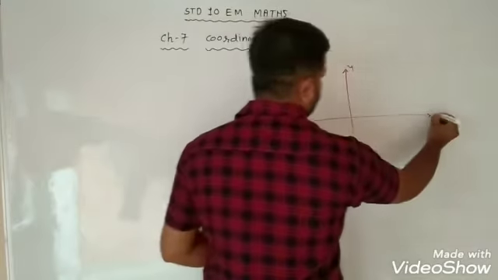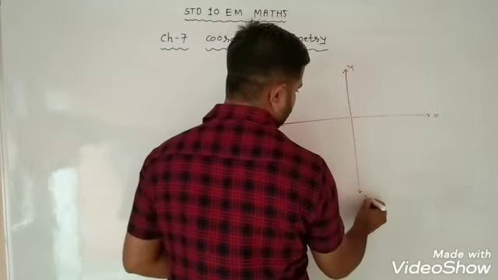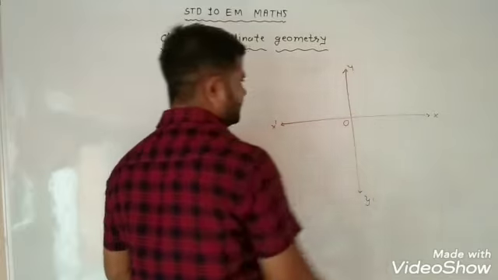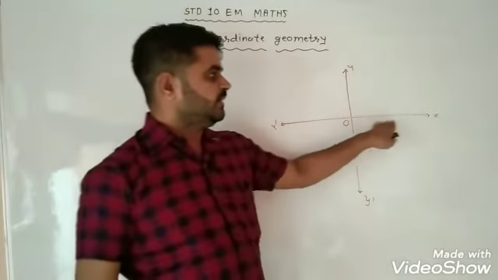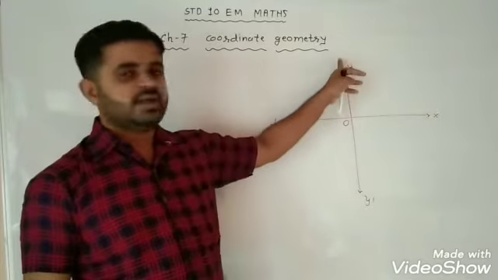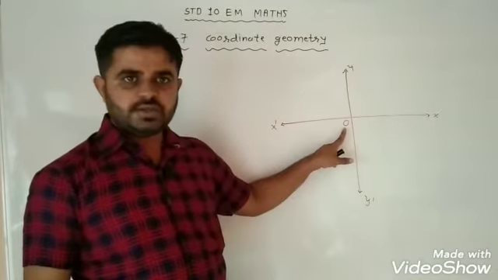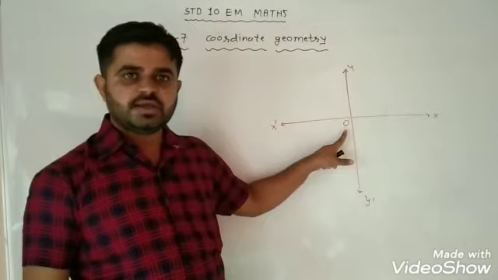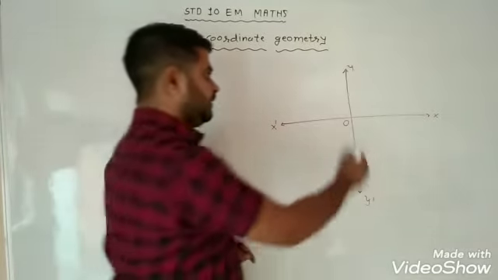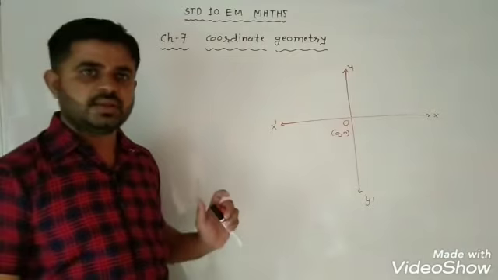it is an x-axis. Okay, here is x, here is x dash, here is y dash, here is the origin. It is the positive x-axis and it is the negative x-axis. It is the positive y-axis and it is the negative y-axis. The intersection of both the axes is the origin O, and the coordinate of this point O is (0, 0). We know this very well.